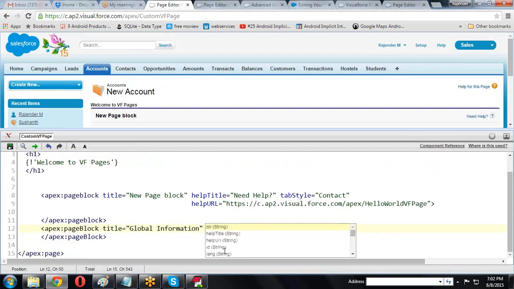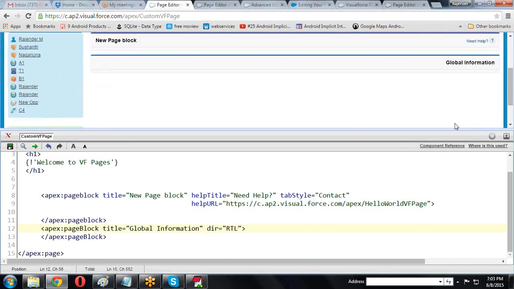In this global information, direction is right to left or left to right, RTL. So if I'm providing any information, it is provided from the right side to the left side. So here left to right or right to left you can take it.